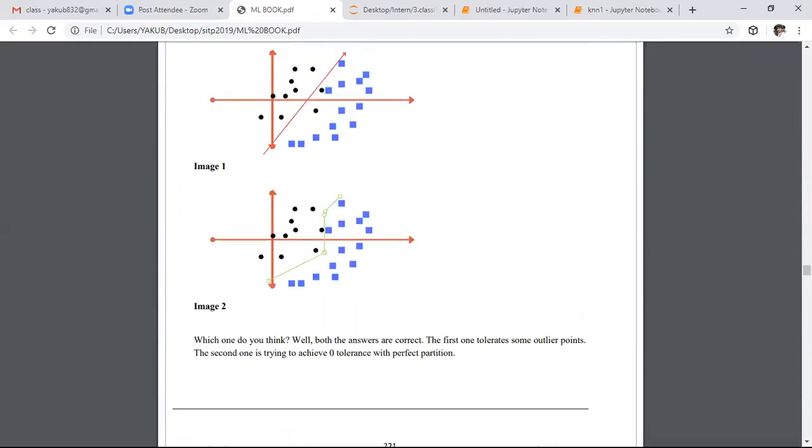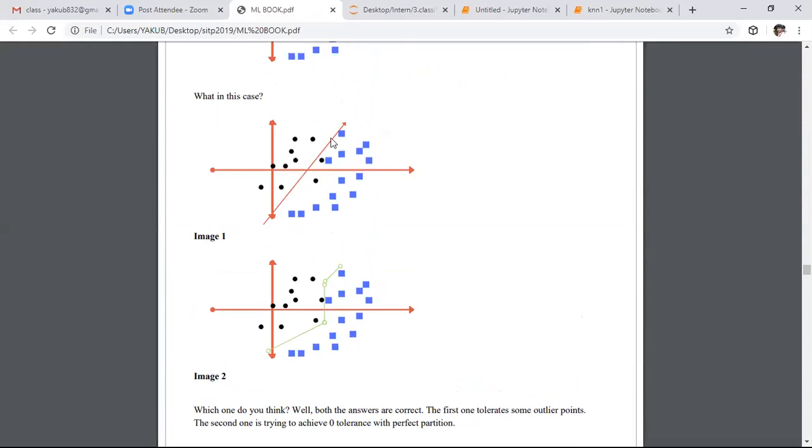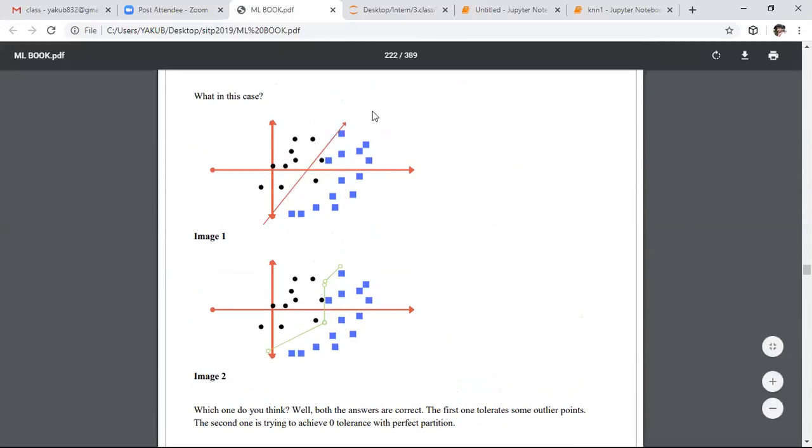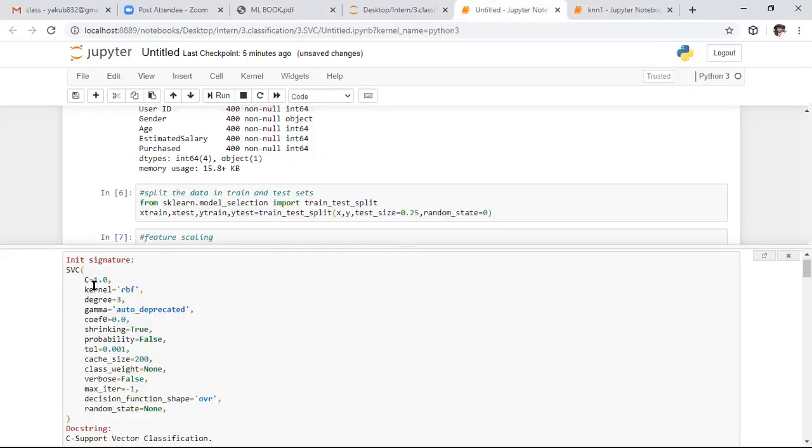Here, if you want to separate both the data points with a single line, we need to specify the regularization parameter as 1. Whereas if you want to represent the classification line like this, we need to specify the regularization parameter as 2 or 3. If you specify C equals to 3, it will plot the line in this manner. So if you want to plot this kind of lines, we need to specify the regularization parameter. Here, C is nothing but the regularization parameter.